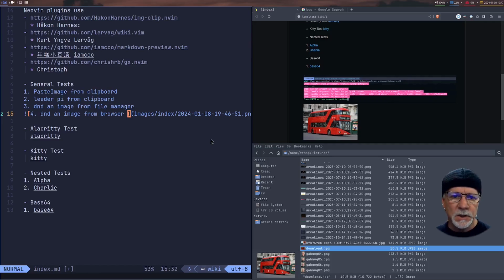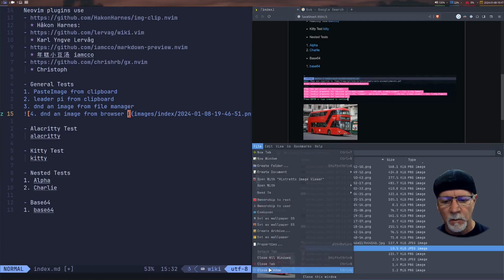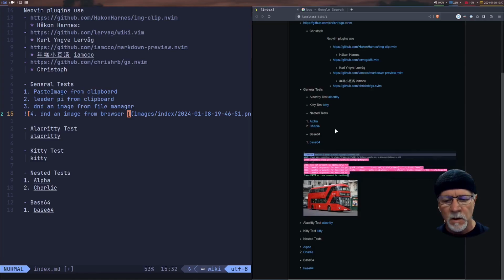That is a limitation of Alacritty. That is not a limitation of the plugin. And I'm going to prove that in just a minute when we hop into Kitty. But so that's giving you some ideas of what we're going to do. We're going to get rid of this file browser for right now. We're probably going to bring that back up in a few minutes. And then what I'm going to do is at this point,